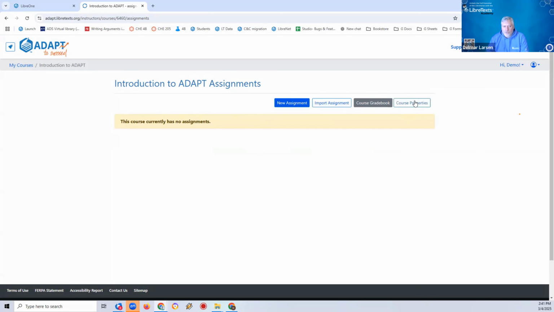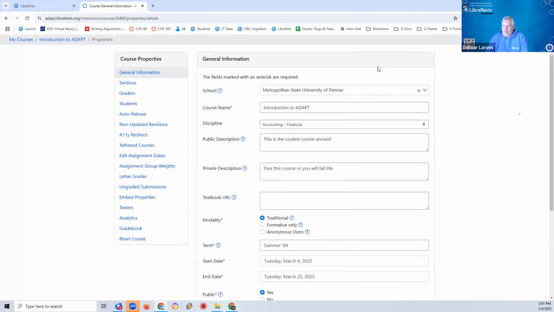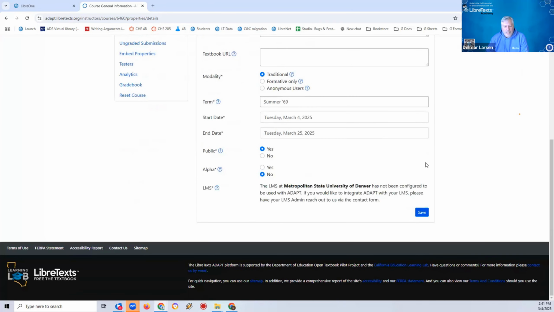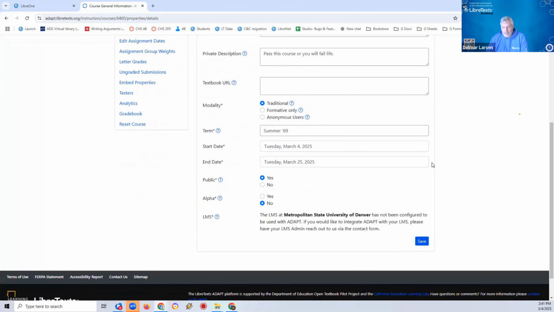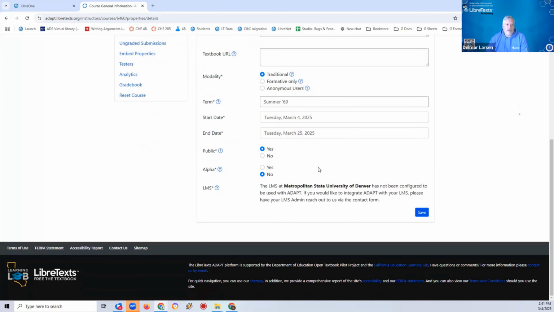So I want to actually go into the course properties. I'm going to click on the course properties, and this has a lot to do with how the course is being used and the metadata that we used in order to create the course. When you open the course properties, it has this entry here, and this should look identical to what you saw before because it is identical to what you had before. So if you didn't like it the way you wanted, and you want to modify any of these things, feel free to modify it. It doesn't hurt anybody to do this.